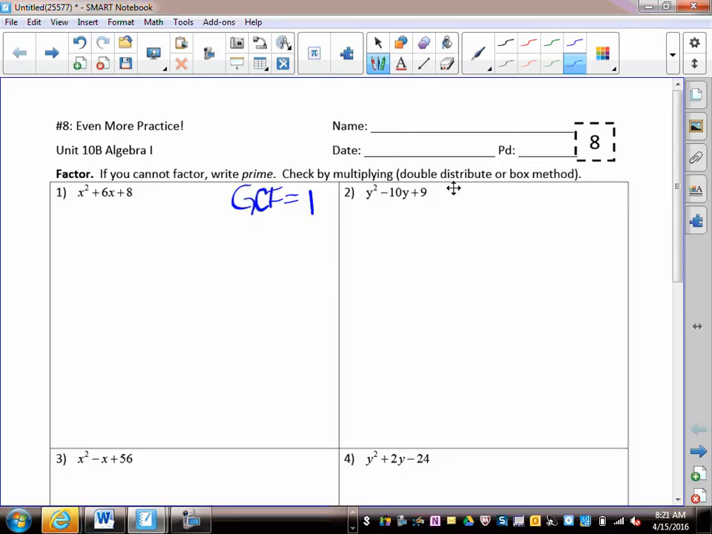So let's go ahead into our T-chart. And we want what multiplies to 8, but adds to 6. Remember, if you're stuck on this part, first just list out all of your factors. Then from there, decide which ones satisfy this. 2 and 4, good. So now that I have my lucky winners,